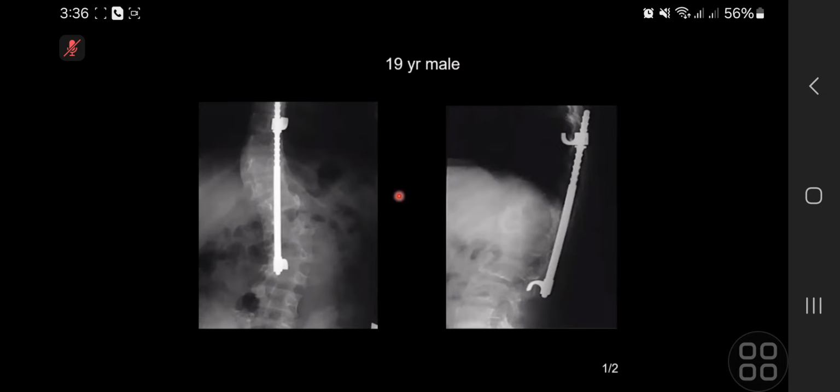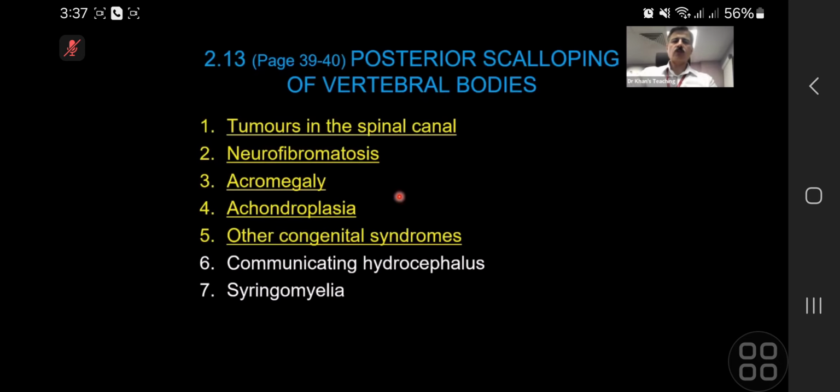These appearances would be in keeping with a chronic, possibly congenital disorder. Like what? So the differential. This was the differential. Yeah, so the differentials again would include